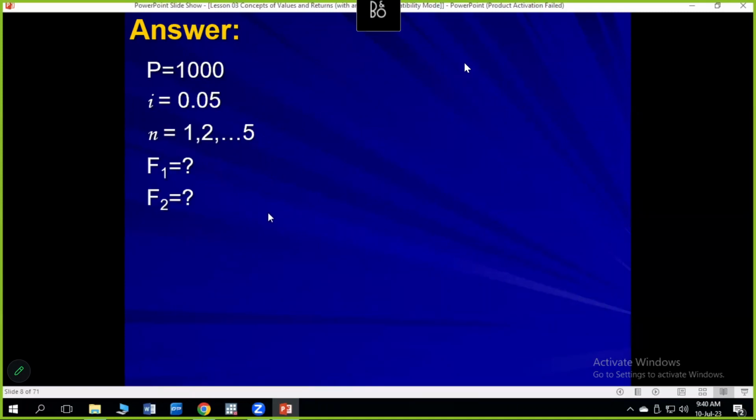Accordingly, the answers have been given to these questions in this way. You want to collect the information from the given question. What is the P value? What is the I value? What is the N value? These are the three facts. Then you want to find the Fn values for F1, F2, F3, F4, F5. So you define F1 as equal to